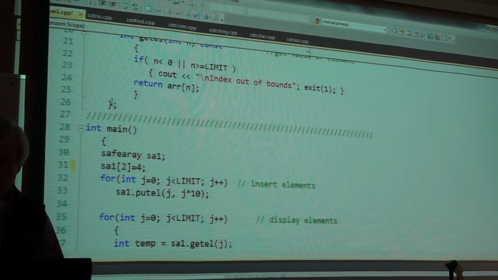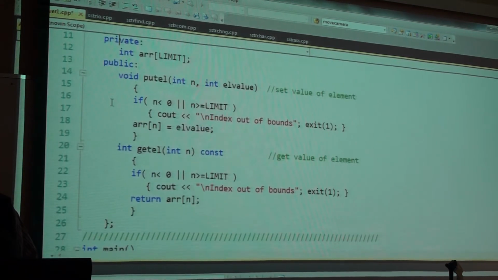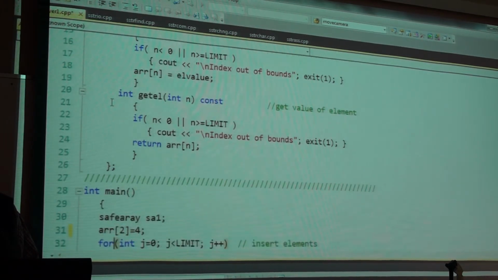Maybe that's where my error came from. Still an error. Why? Because in the class, in the object, which is the instantiation of the class, that array is private. Okay? I can only get to it via these public member functions.